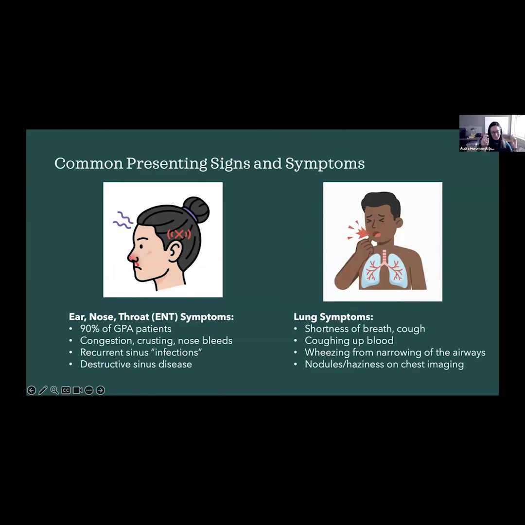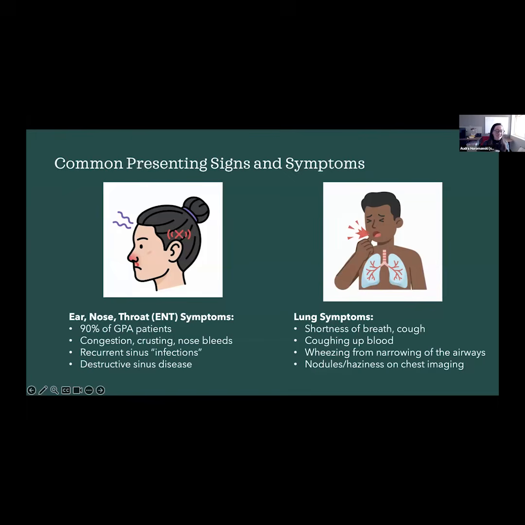So I put infections in quotes, if you can't see me on the video, because they're not truly infections, but they feel a lot like infections, right? So that congestion, drainage, a lot of sinus pressure, a lot of sinus headaches will sometimes get treated with antibiotics and not really improve, or very, very slightly improve. But then sometimes sinus infections end up getting treated, especially by ENT doctors, with steroids in addition. So prednisone or prednisone dose packs, Medrol dose packs, those types of things.